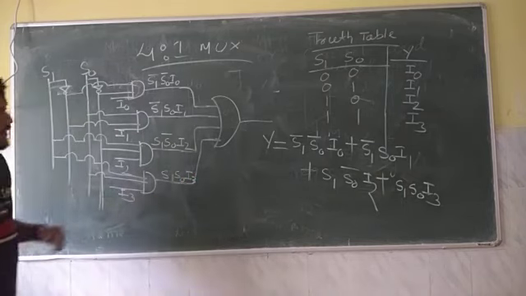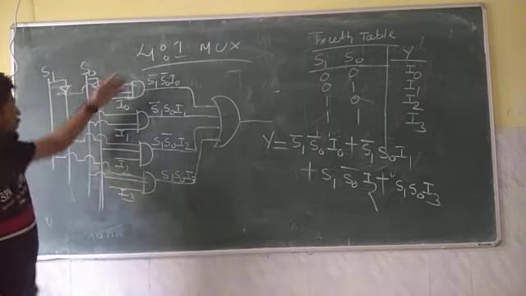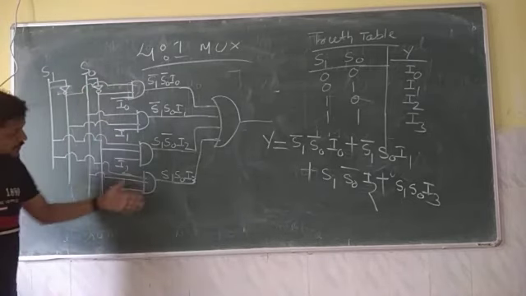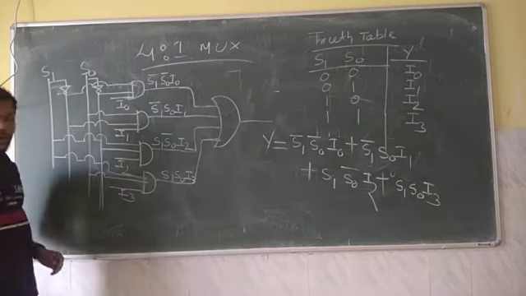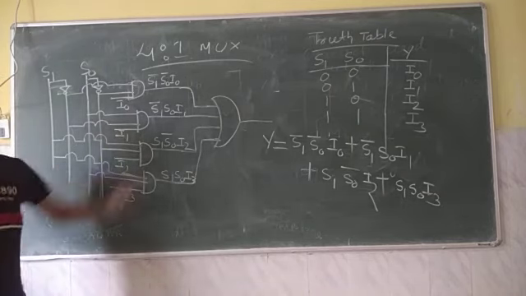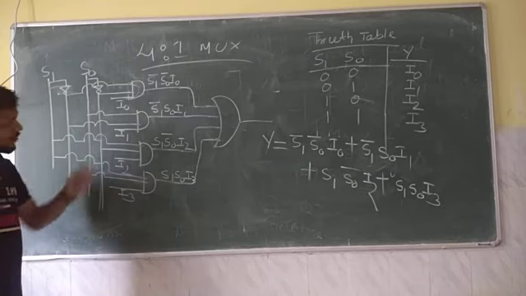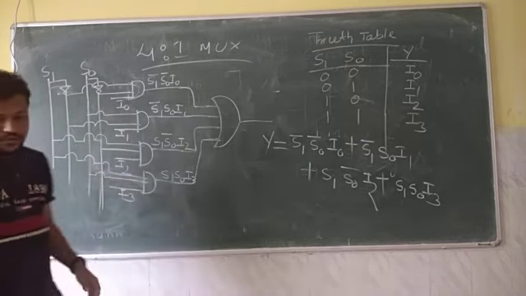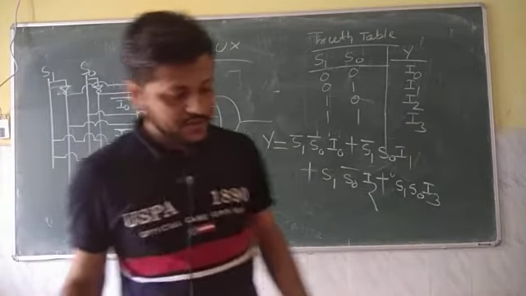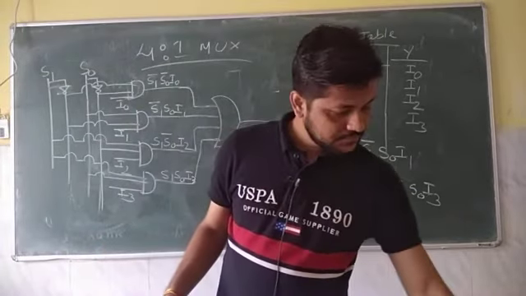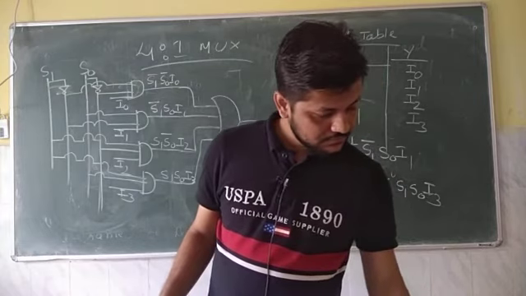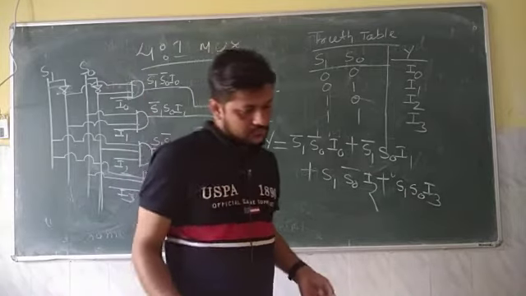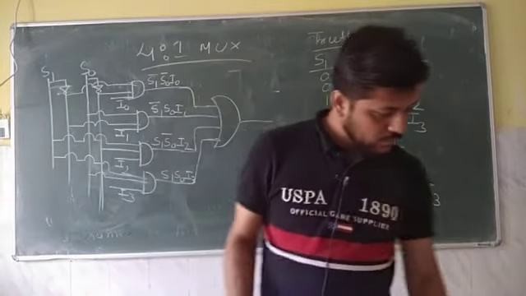So this is basically the expression, and this is your combinational circuit. Why is this a combinational circuit? Because here we can see AND gate followed by OR gate, because this is a sum of product expression. So we always need an AND gate followed by an OR gate to implement the box. So next you will see what its applications are. But before that we will solve one question.